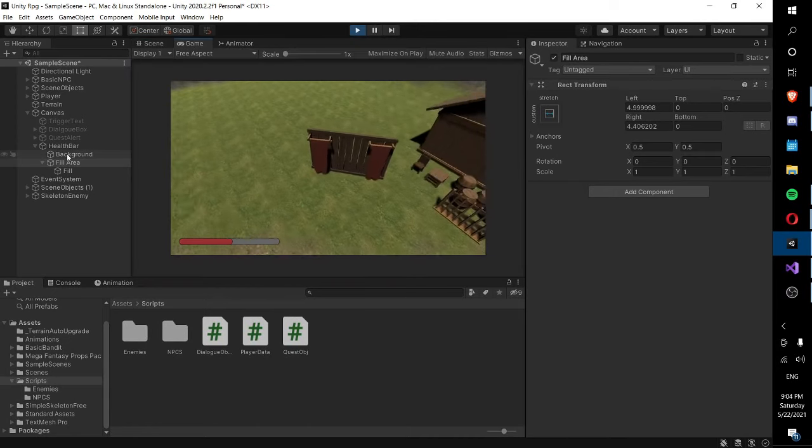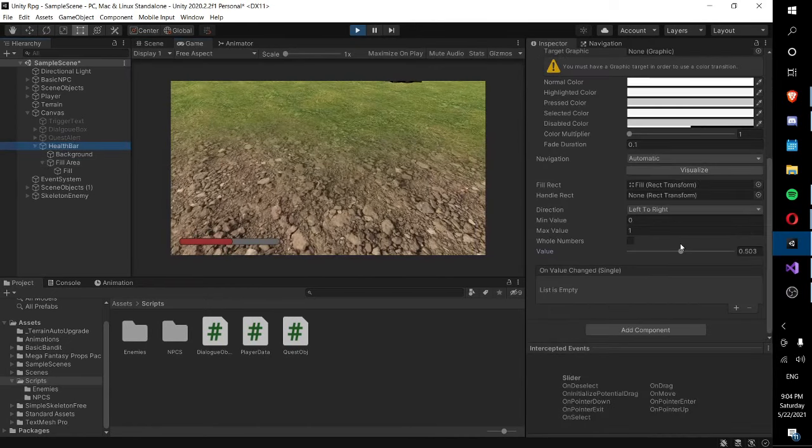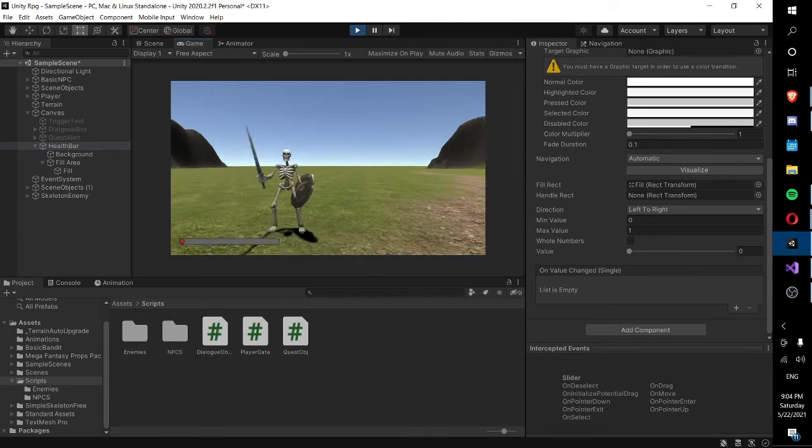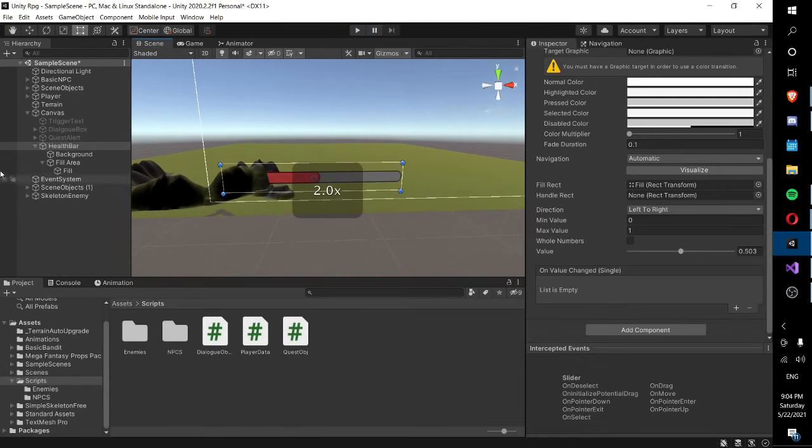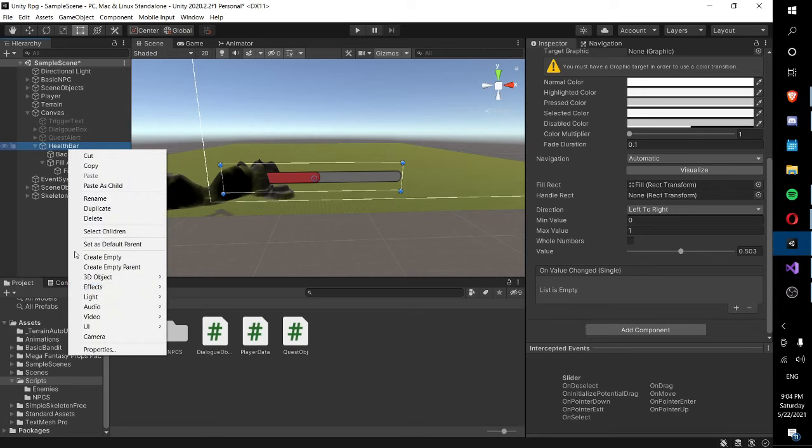Now we can press play. Health bar up. Okay. Yep. Seems pretty fun. Our skeleton enemies following us. Okay. So once we have that, what we're gonna do is I want to add a little display text